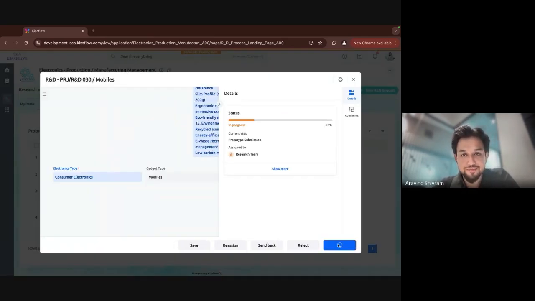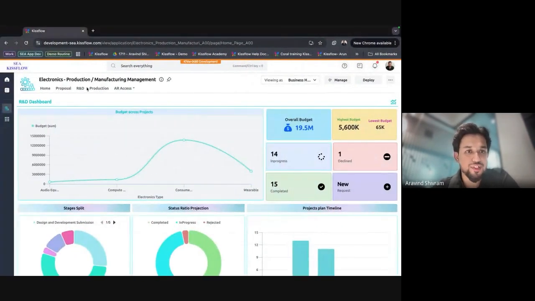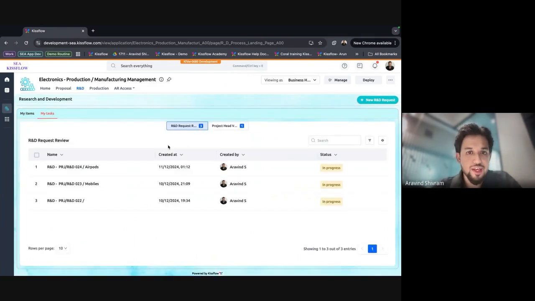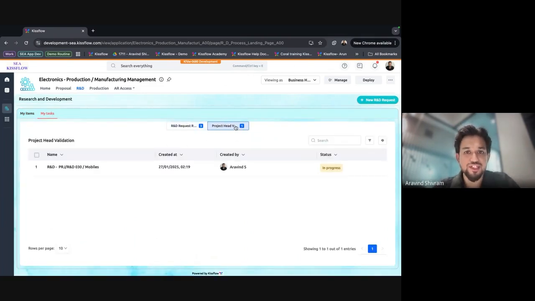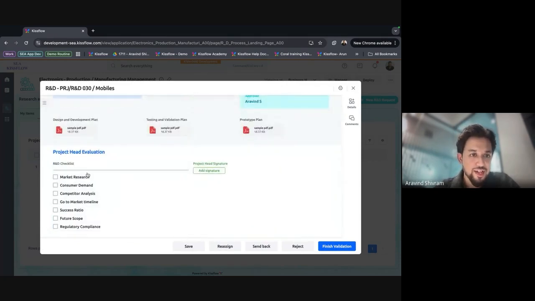Once we submit, it goes to the project head, in this case Arvind. I click on R&D, my task, and I have the item here in my project head validation queue. I open the item and see all the information again, and this is where I'll be able to evaluate the data that has been provided by the R&D team. Is sufficient market research done? Is sufficient consumer demand evaluated?